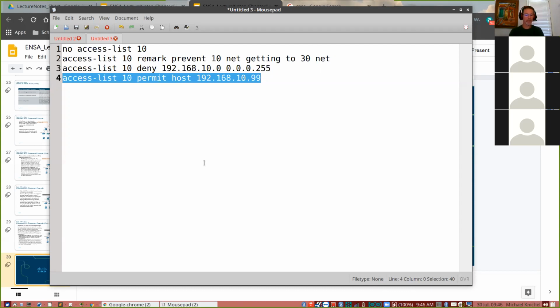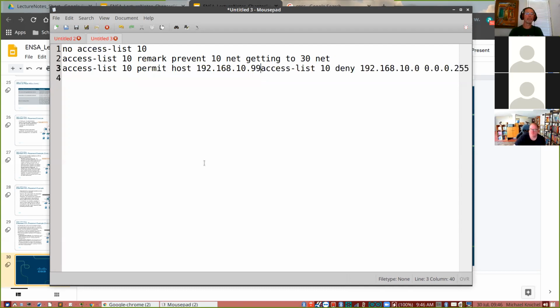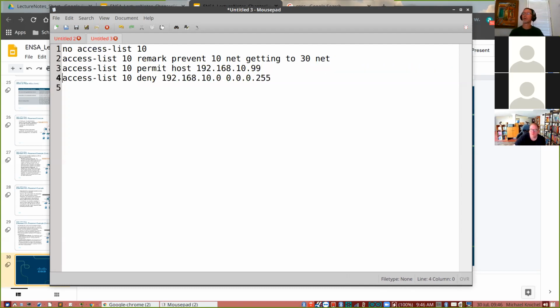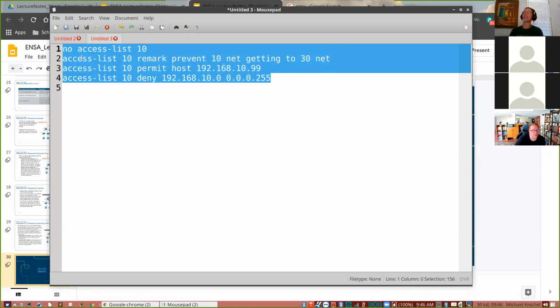So these specific entries need to come before the more general ones. Think of it as a pyramid: the very precise, then maybe a smaller subnet, and then the entire network. So I rearrange them. I copy and paste this into the router at the appropriate mode, global config.